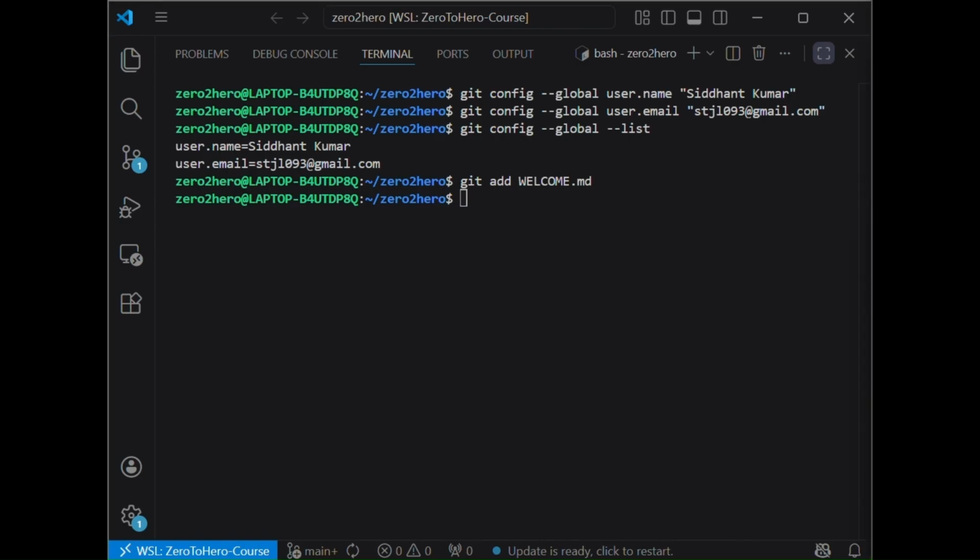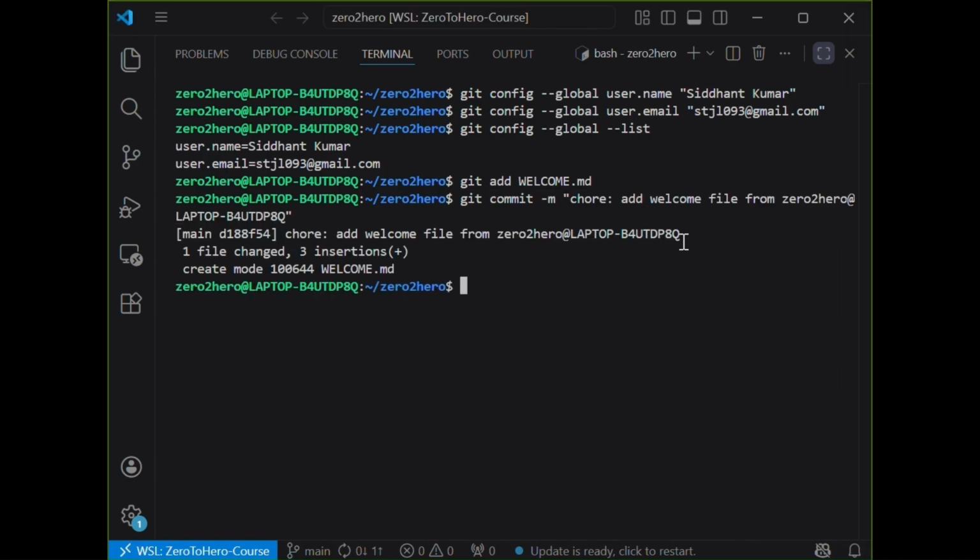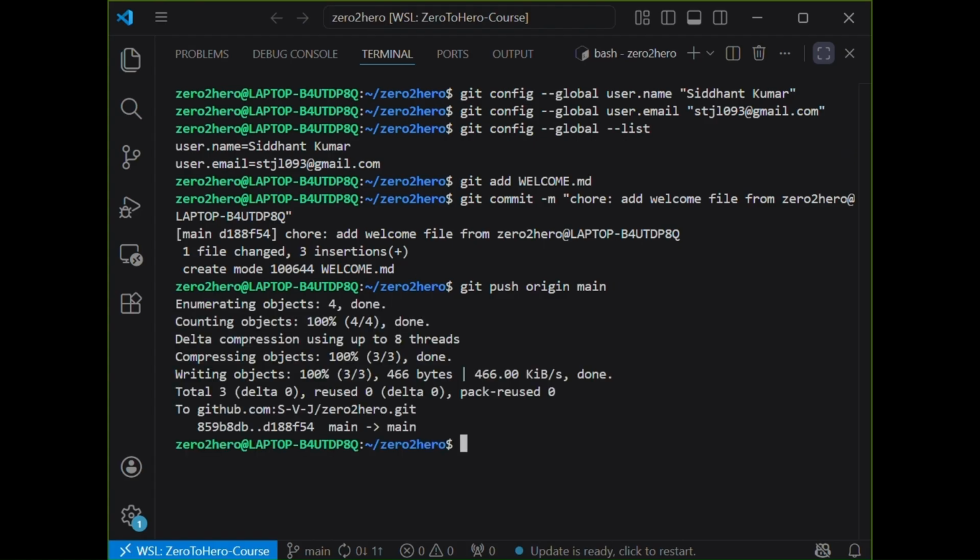Please type all commands and make sure to write your repository name, whatever you set, and push it to GitHub. git push origin main. If this is your first push, it may take a moment.